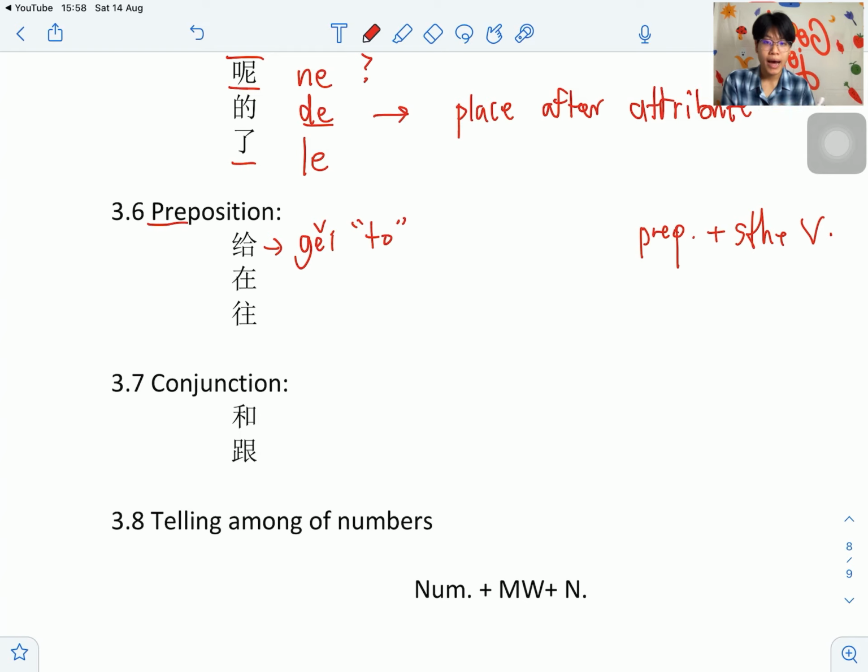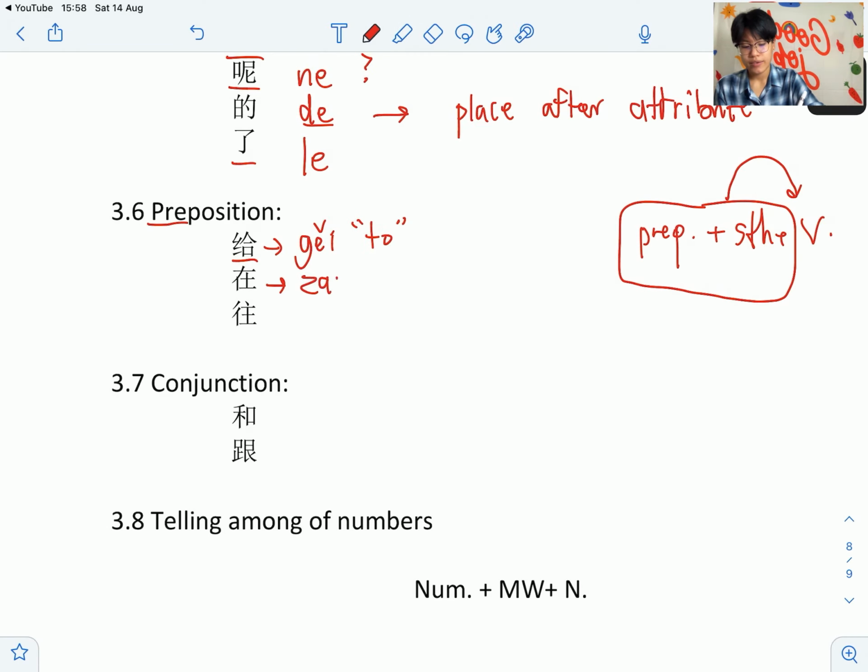你给我买书。So 买 is the main verb, right? So you need to know that the phrase or clause of the preposition needs to be placed before an action. Another example, 在 means at, right? So when you want to say you do something at some place, for example, you read a book at the library, you need to put 在 library first and then the action. 在图书馆看书